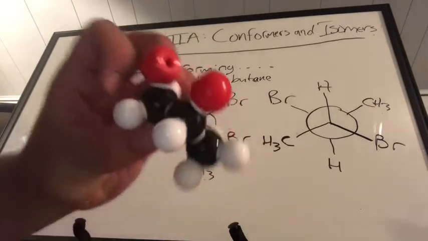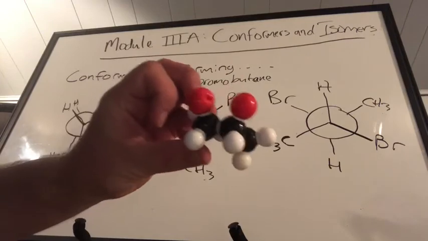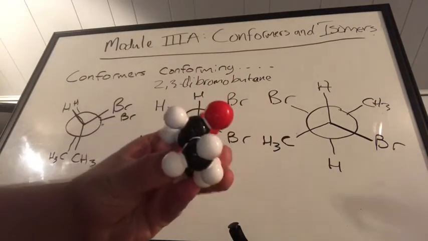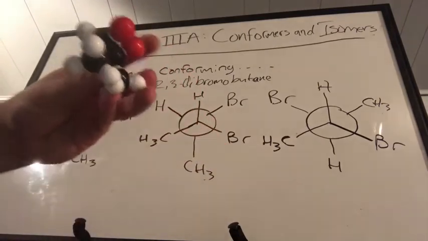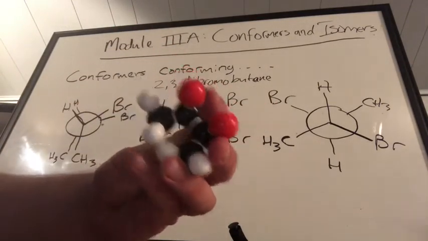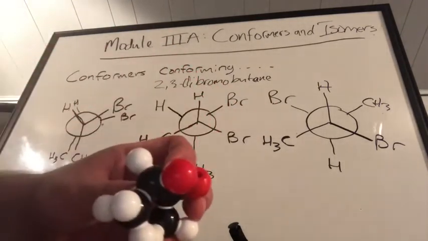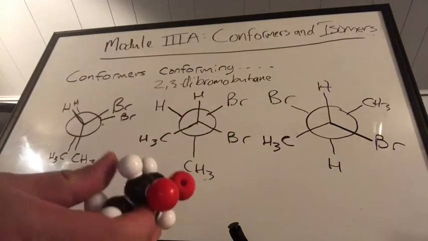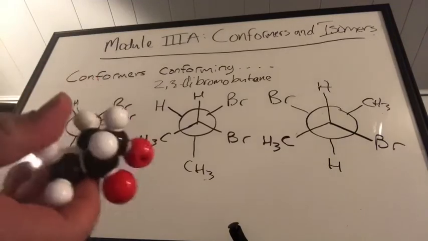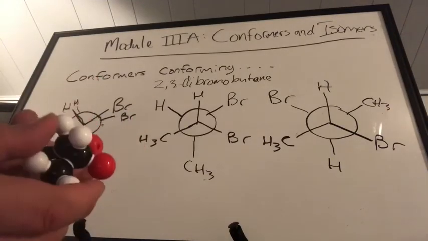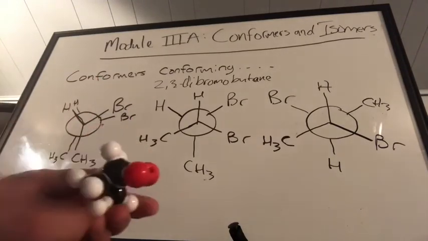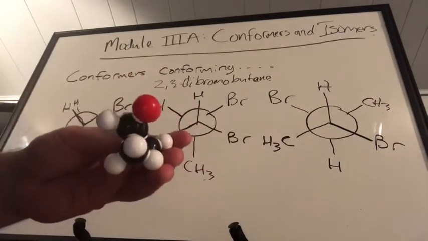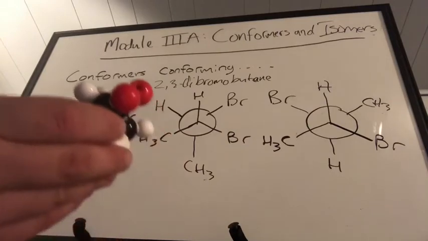If you look at it from the side, you can't really see too much, but if you're looking at it down the barrel of a gun, you can see that everything overlaps completely, or eclipses. So this is going to be the highest possible energy you can have for this particular compound. So it would need some extraordinary amount of energy to fit it in this particular